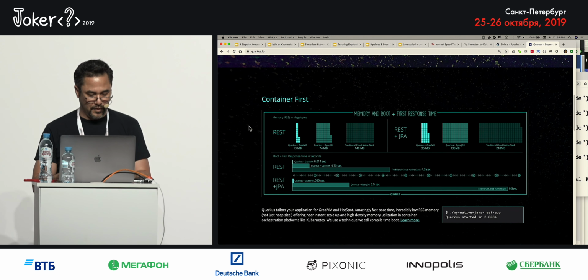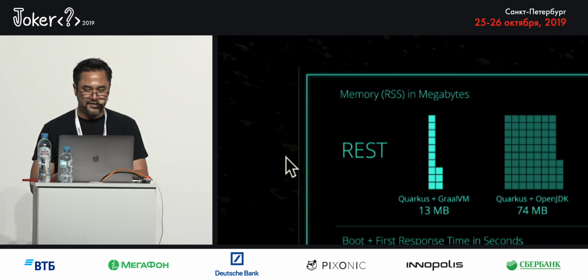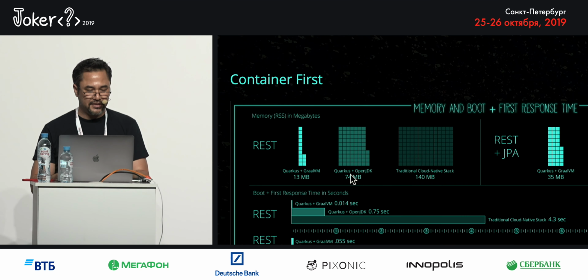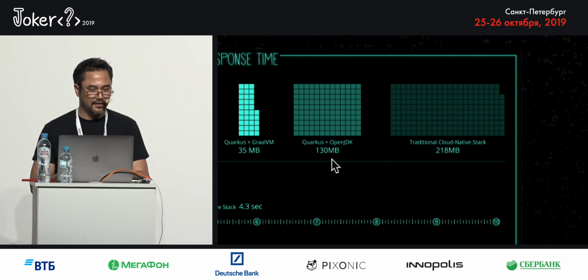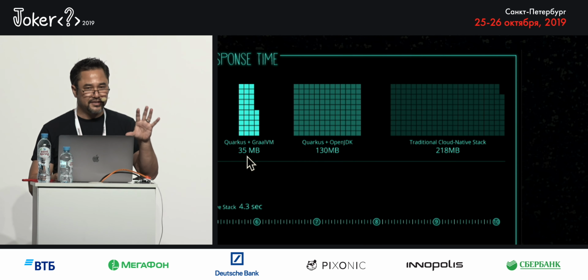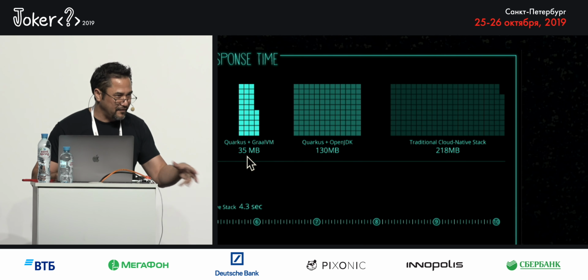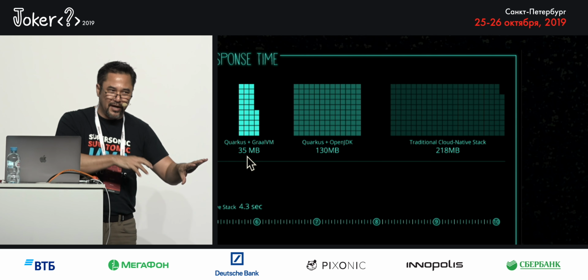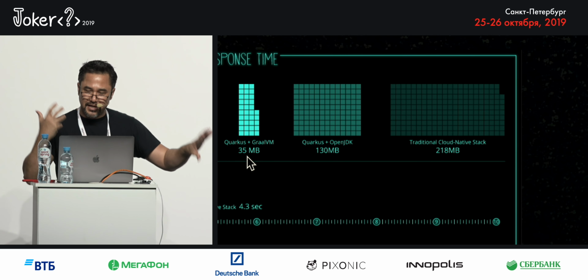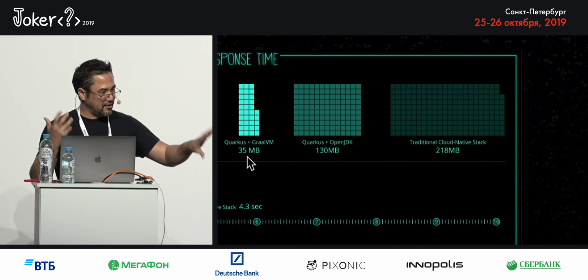You can see benchmarks that talk about a REST and a JVM-based application. So on a REST test, it went from 104 megs of RAM to 74 with JVM, 13 with GraalVM native, right? JPA, same kind of thing there, 218 down to 130, down to 35, because the optimizations of not scanning the file system, not loading all those annotations, not building a meta model, doing it all at build time, not run time, have a huge impact on the memory used and the startup time associated with the Java